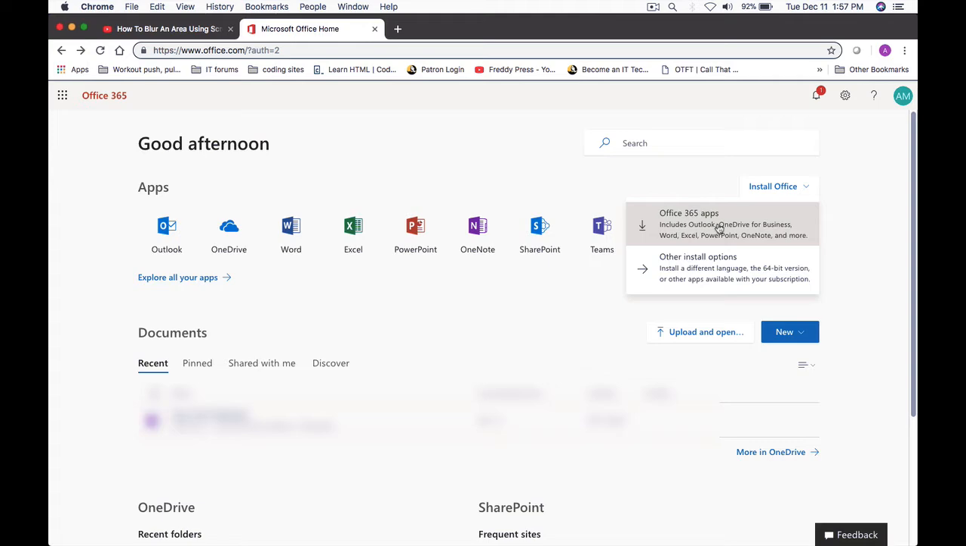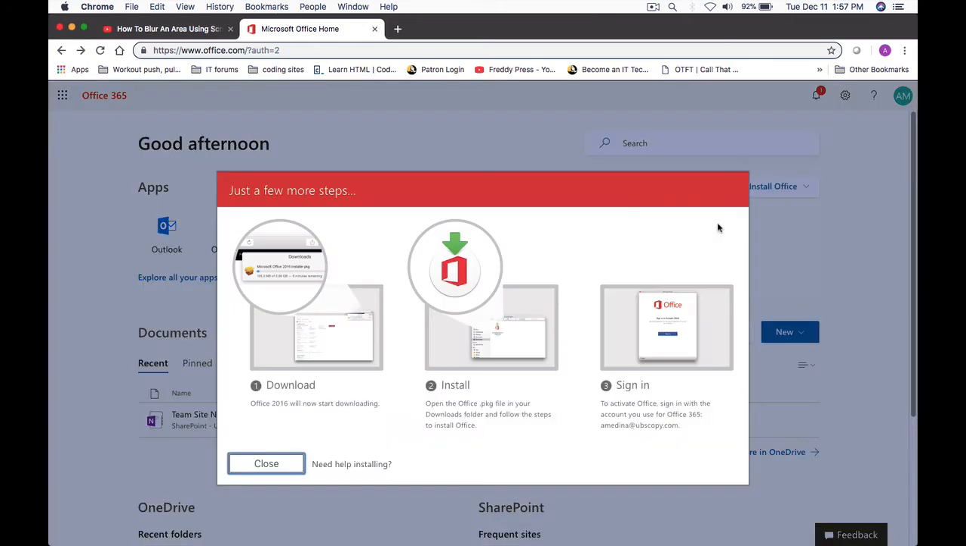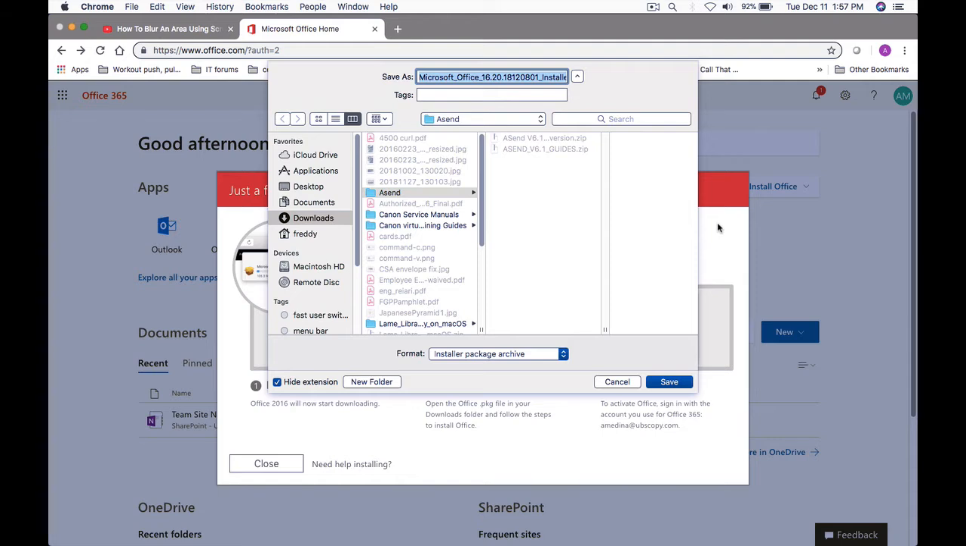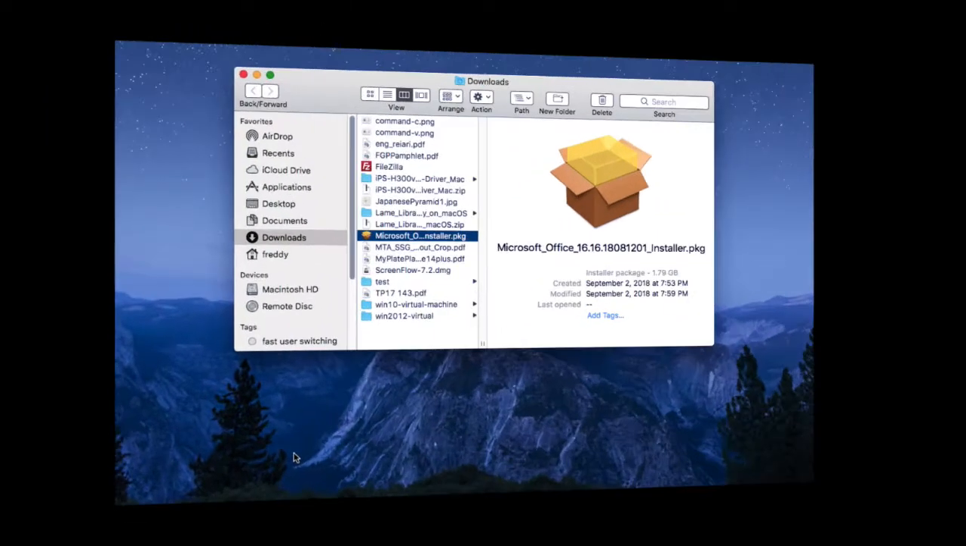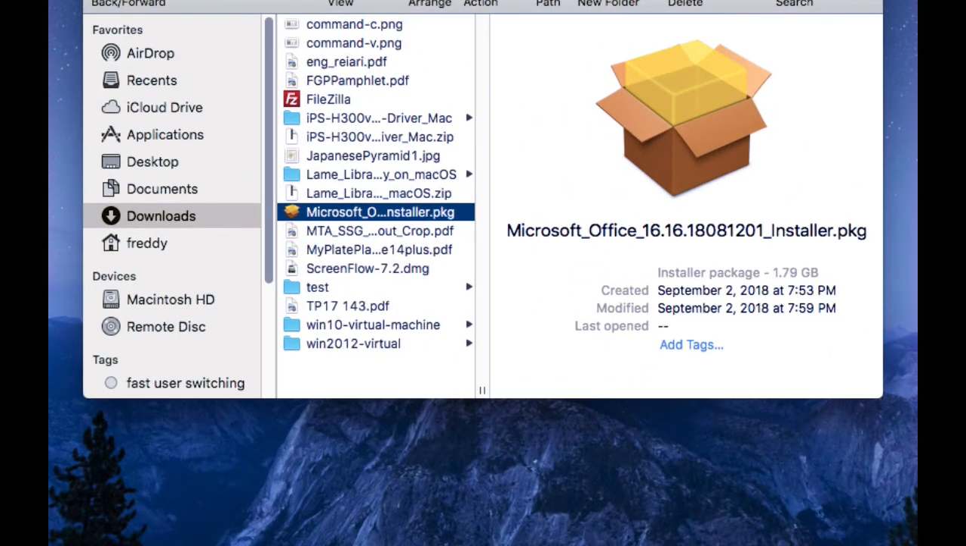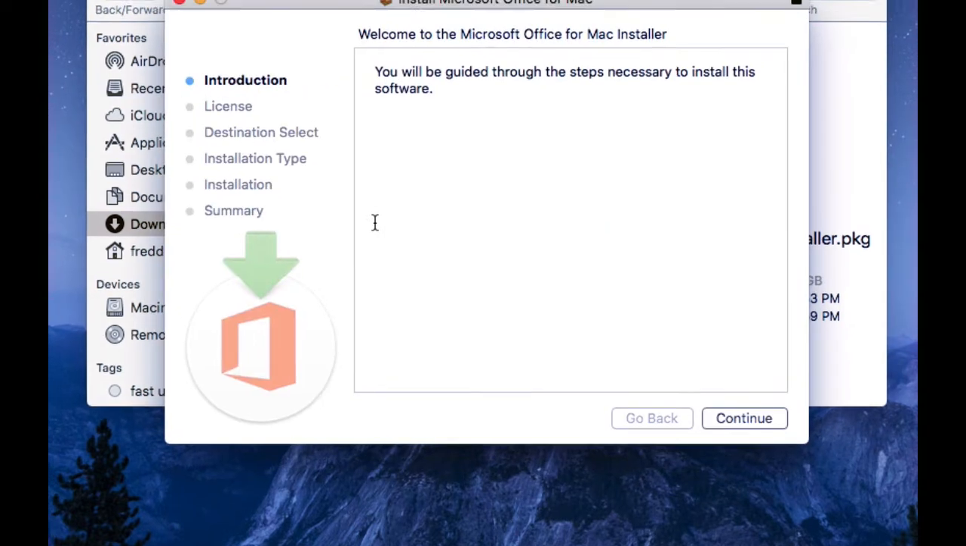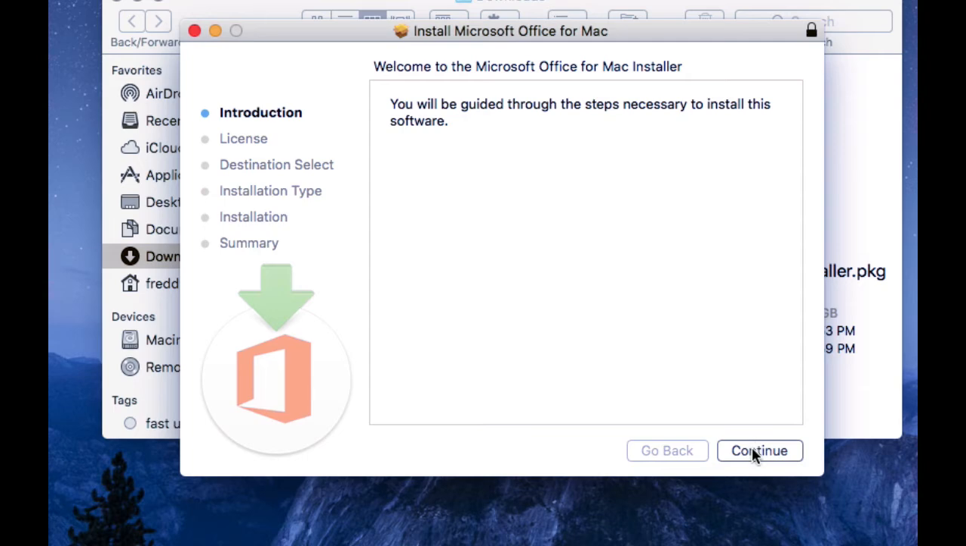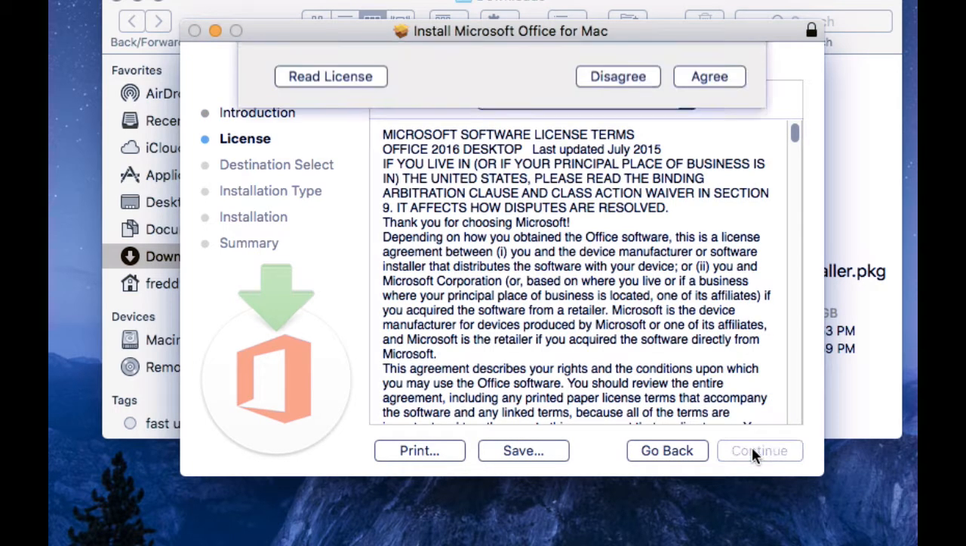And now it's asking you where you want it to save, so I'll save it to my downloads folder and then click on save. Once it's saved, you can go ahead and double click the installer package and it'll run the installer. So go ahead and click continue, agree to the license,